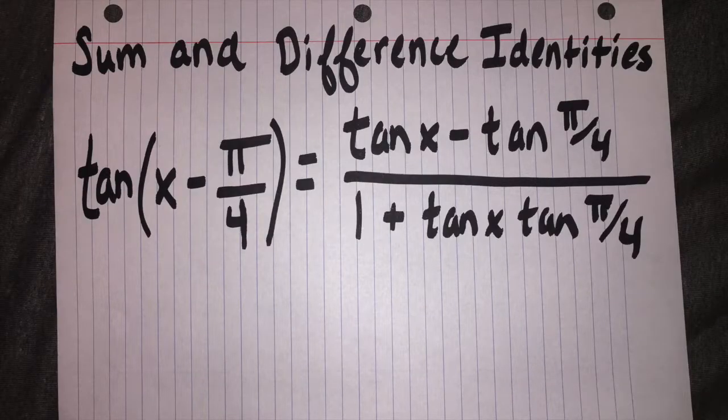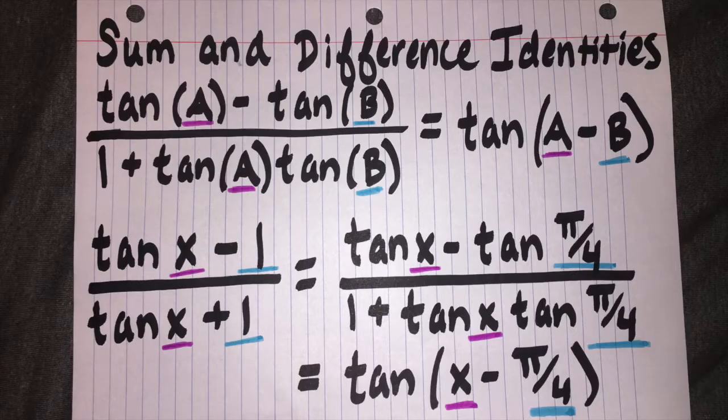For the first one, we can use the left half of the problem, and since it's tangent of x minus a number, we can use the difference identities to separate that out. This one is a bit more tricky. This time, we are taking the right half of the problem, and we are still using the difference identities,